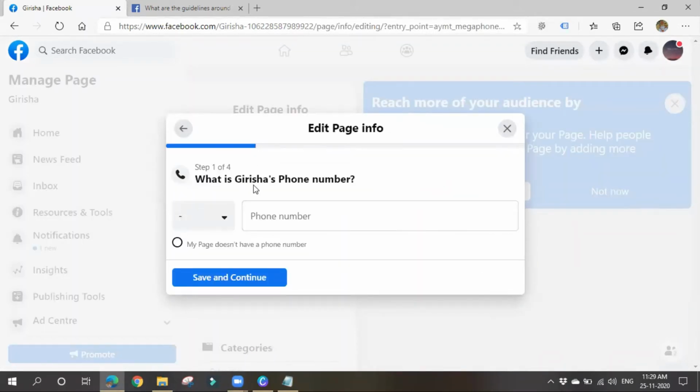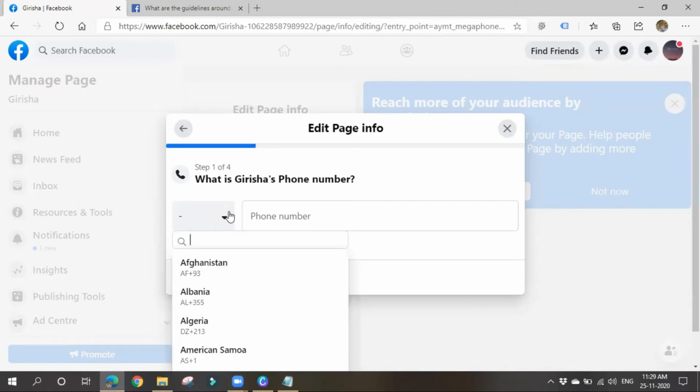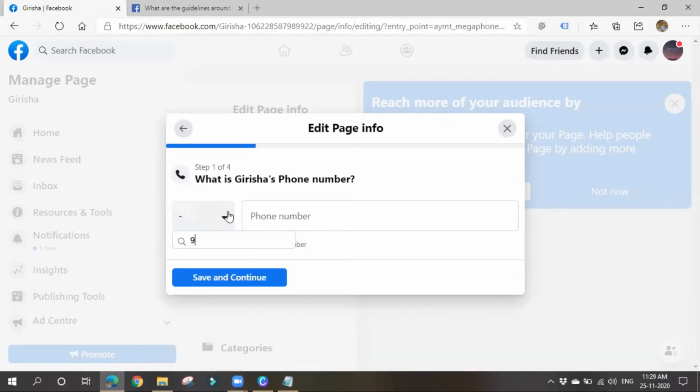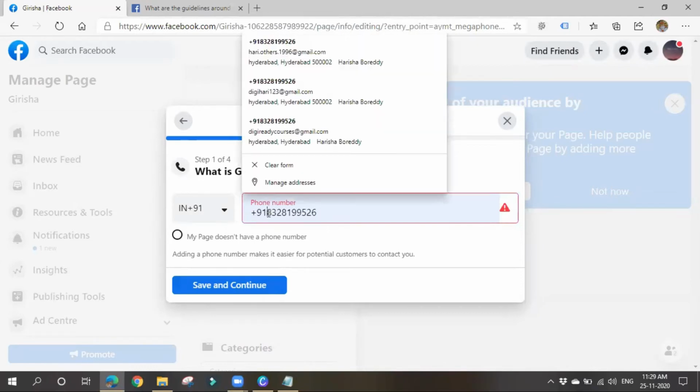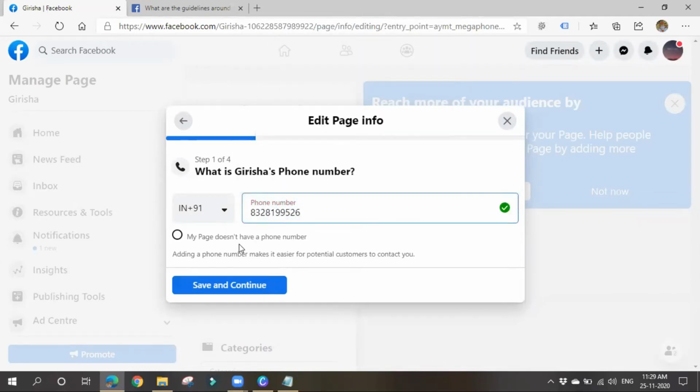So what is your phone number, it is asking me. Let me give all the details. After you create the page, please fill in all the page info, description, and when your shop will be open, the local working hours, like that. Give all those things. So I'm giving some number here. Or else you can click that my page doesn't have a number.